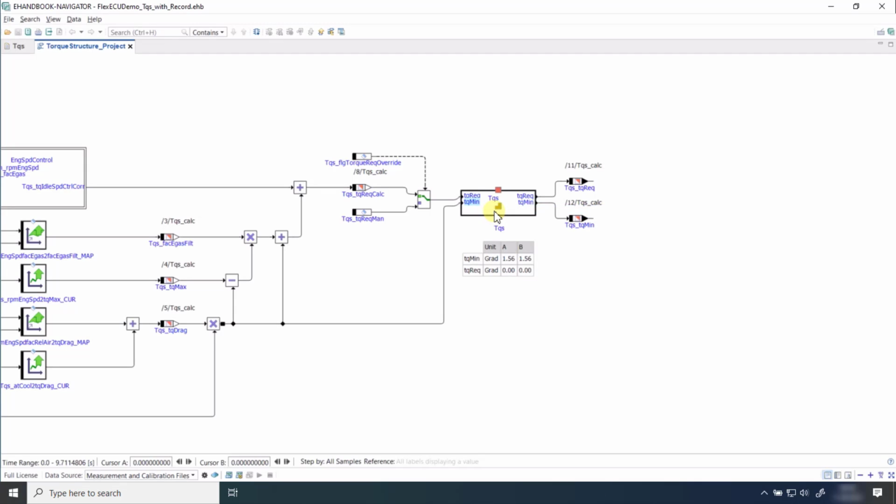As for other non-record blocks, two values are shown for each record element. The columns A and B belong to the points in time of cursor A and B respectively. You can also set a single record element as reference for stepping through your measurement data. As in other cases, the reference label is highlighted in green, also in the table where the measurement values are shown. You can now step through the data and see where there are differences between cursor A and B.